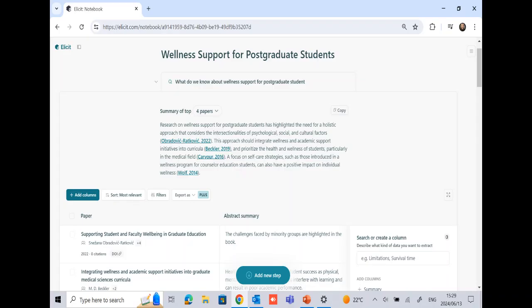So I've created a new topic for Elicit. You simply go in to Elicit. You don't even need to create an account. It will automatically go there as you enter. So this was just off the bat, didn't log in or anything.